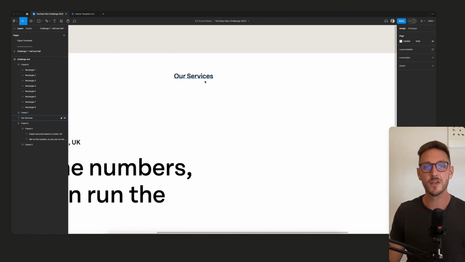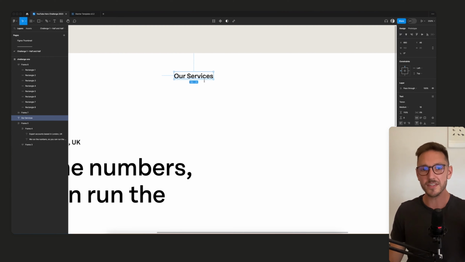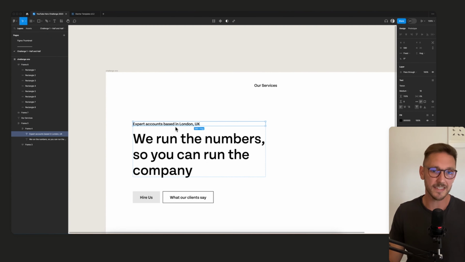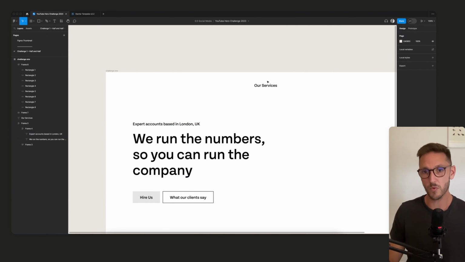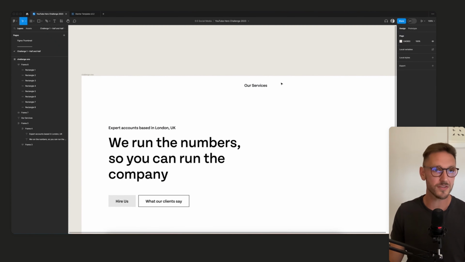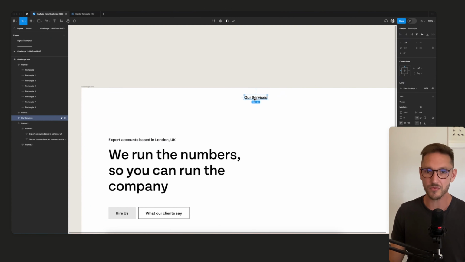And what we could do, thinking ahead, is use the Webflow CMS to create service-based pages for each of these. So if somebody is Googling VAT specialists in London, one of our service pages could have an H1 of exactly that. And then we can do the same for corporation tax and whatever else there is. So maybe we do something like that, and we'll put a little drop down icon next to it.